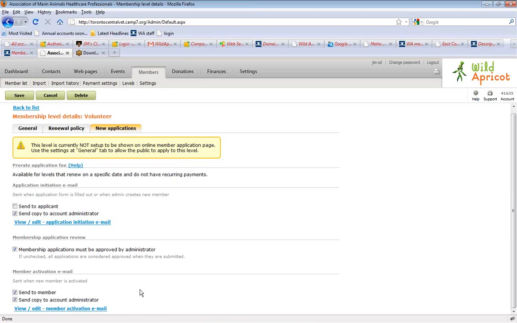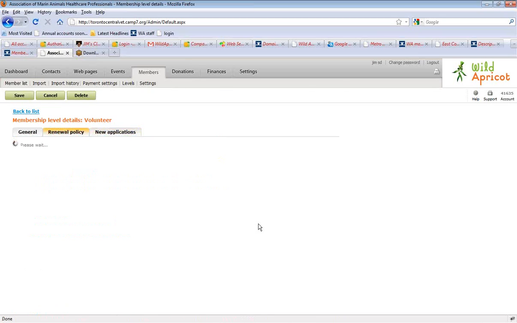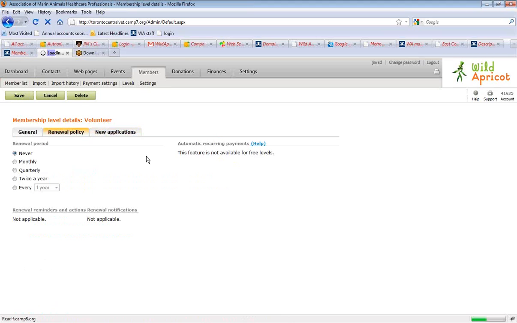So they are not active members, and then once they are approved, they become active, and you can then send them an activation email at that point. So once you are done setting up your new member applications and your renewal policy for all the different membership levels,